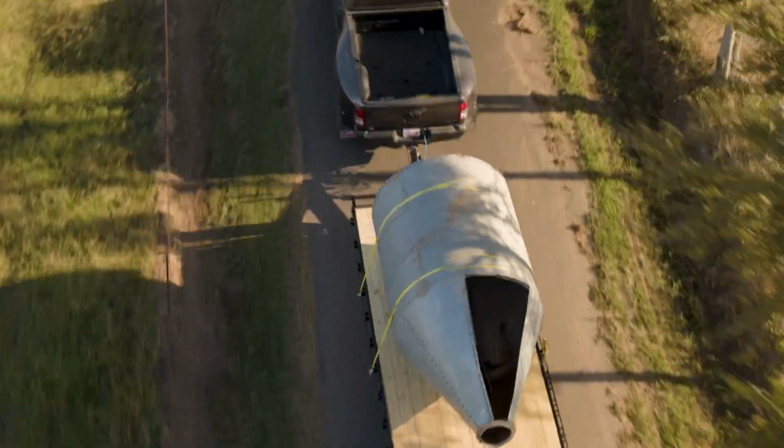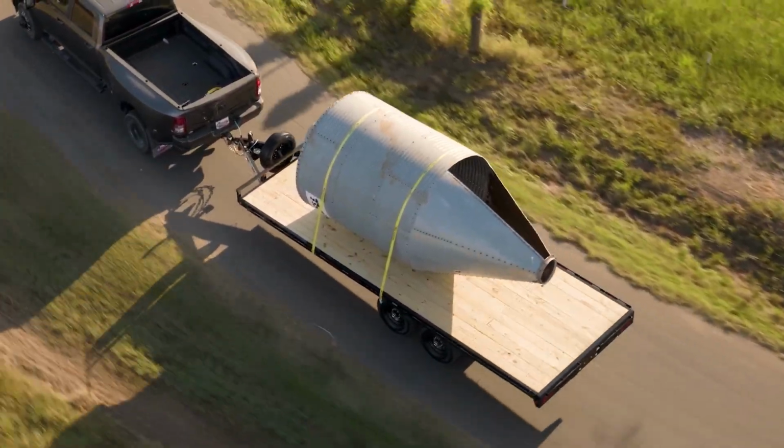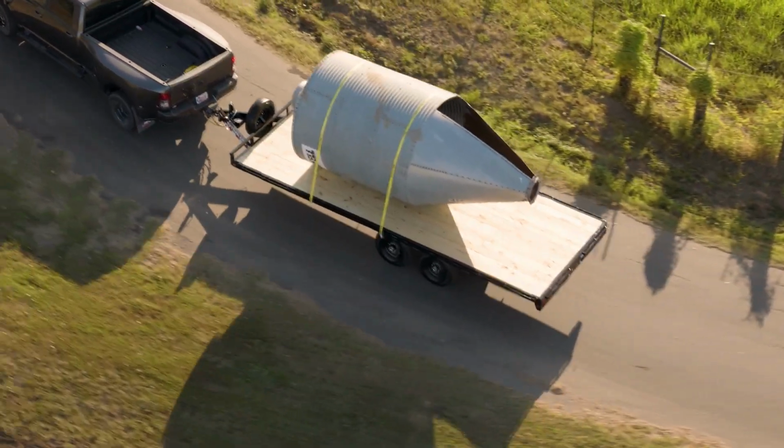The L7 is a testament to PJ Trailers' commitment to quality and durability, built to last and delivering the reliability